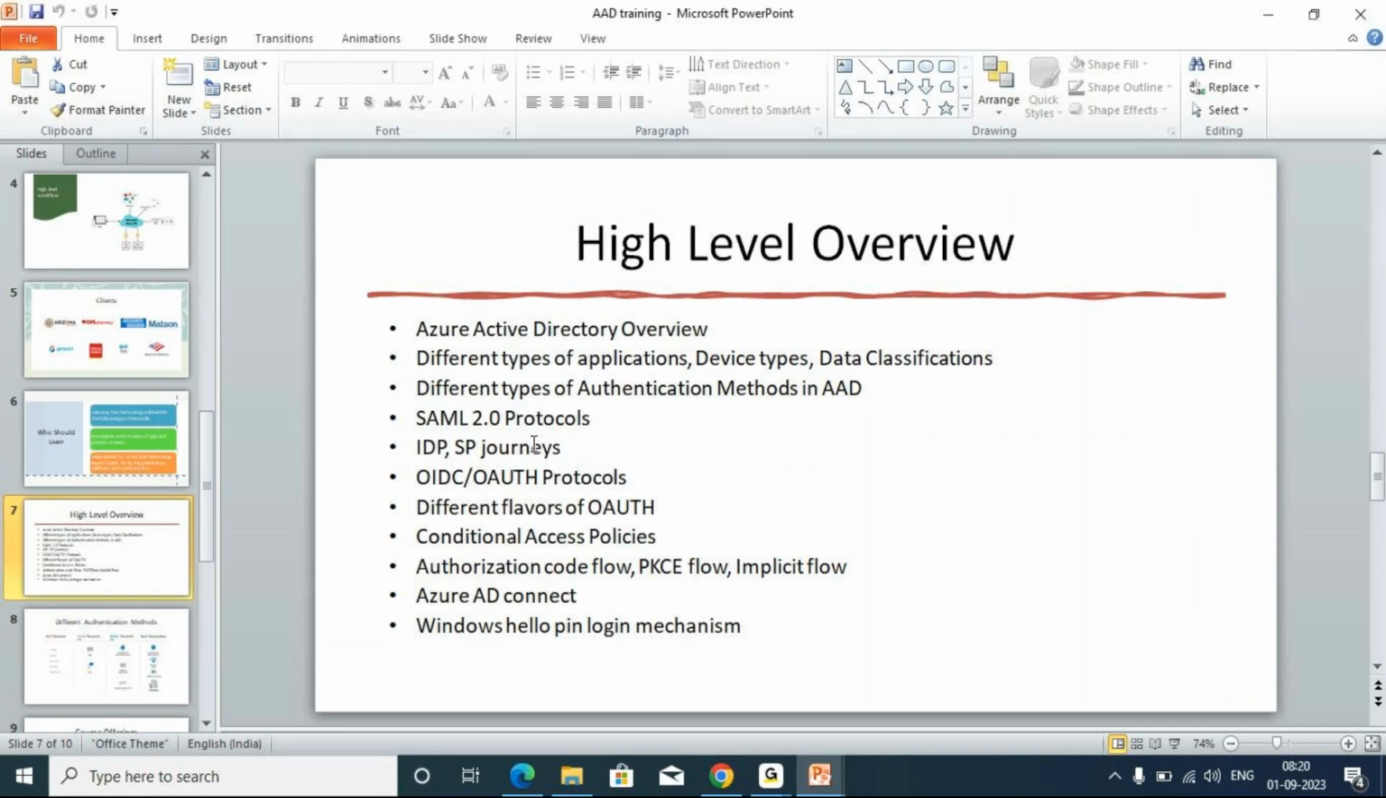OIDC and OAuth protocols. What is the purpose of OIDC and what is the purpose of OAuth? If a user wants their user-related information or an ID token, in that case we use OIDC. And when do we use OAuth? OAuth is open authorization. What are the different flavors of OAuth? We call them grant types, like